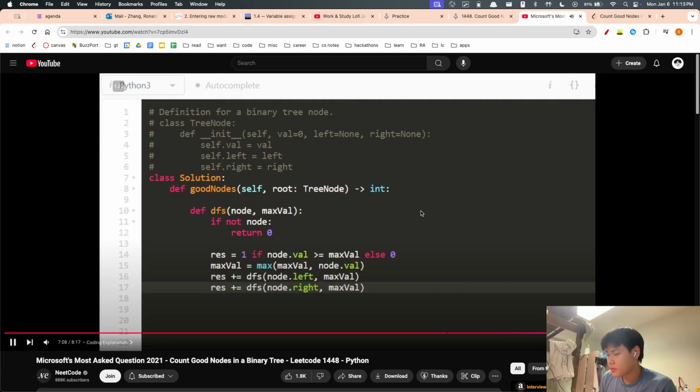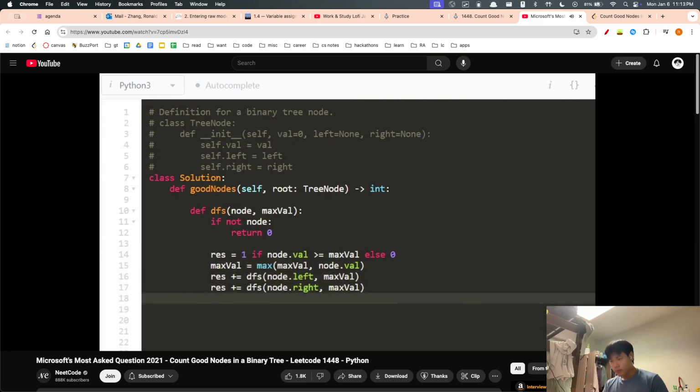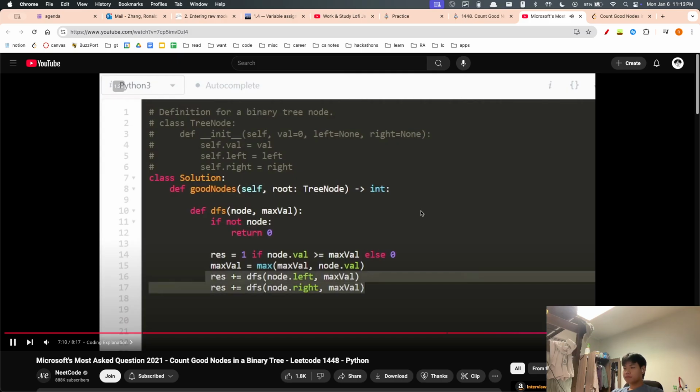Calls. We're going to count the number of good nodes in the left and right subtree, adding it to the result. Once that's been computed, then we can go ahead and actually return that result value. So you can see that this DFS, then we can go ahead in the left and right subtree, adding